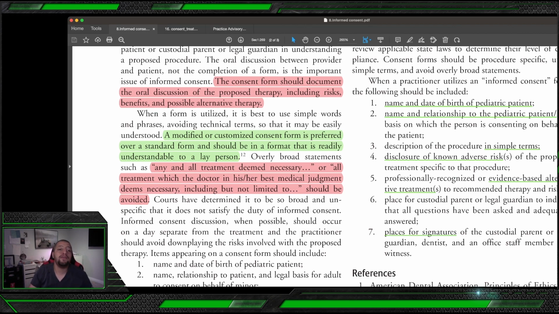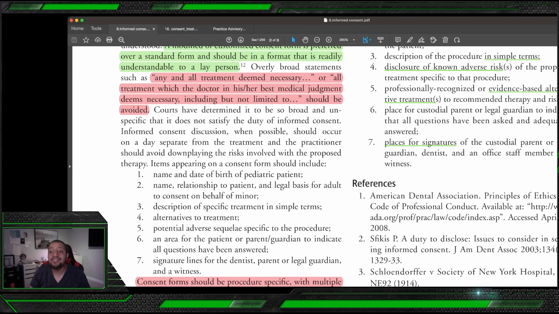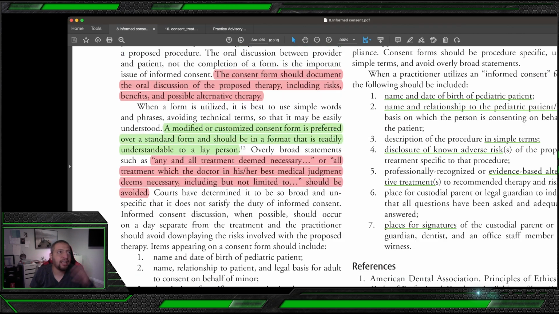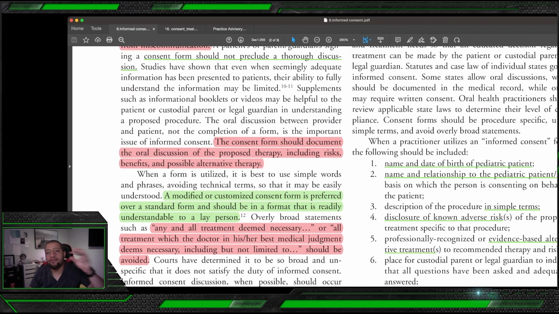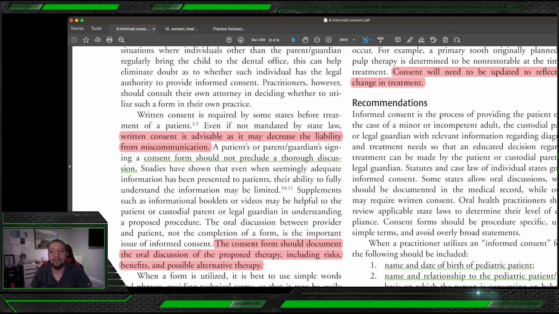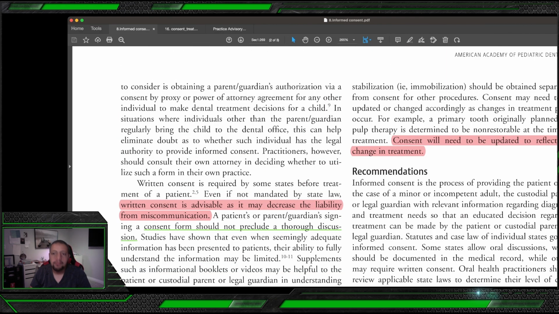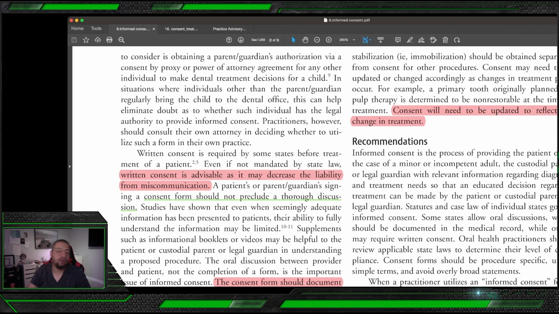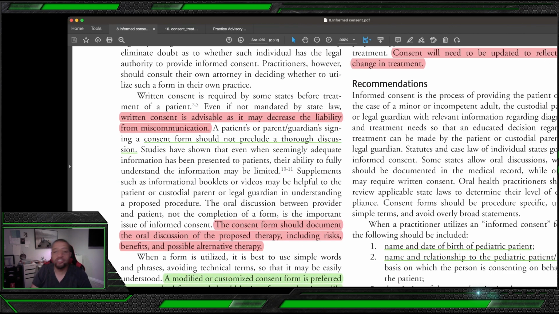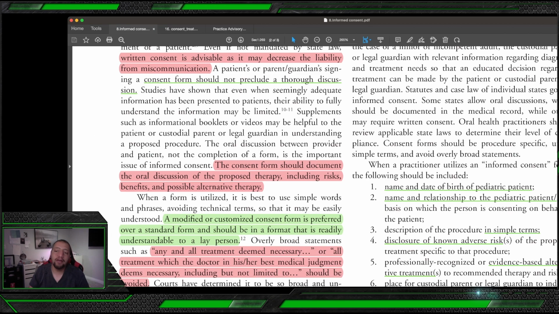If the patient is good, then you can proceed. And this is the explanation of the informed part in the consent. Okay. And then this one, we said it before: consent will need to be updated to reflect the change in treatment. It's not like this consent is okay for everything. No, if there is any change, you should update the consent with the patient himself or the legal